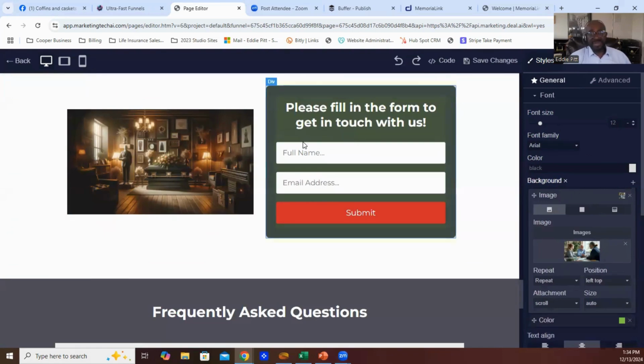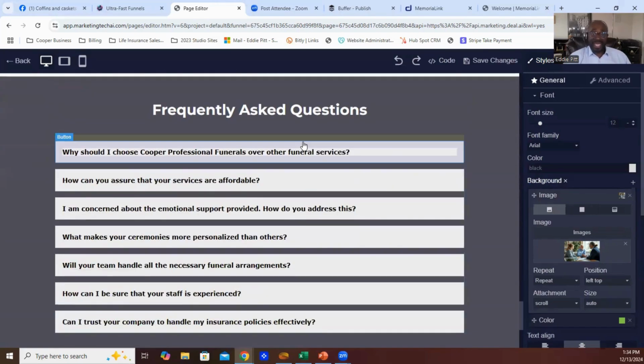They may have a question about anything, but once they're in there, depending on where you had it, if it was in the funeral home, then your message would regard them visiting the funeral home. If it was in a church, you'd have it with regard to them visiting the church. If you were some other business, that's what that email would refer to. And then they have frequently asked questions on your website so that you can be found. This matters significantly in search engine optimization.